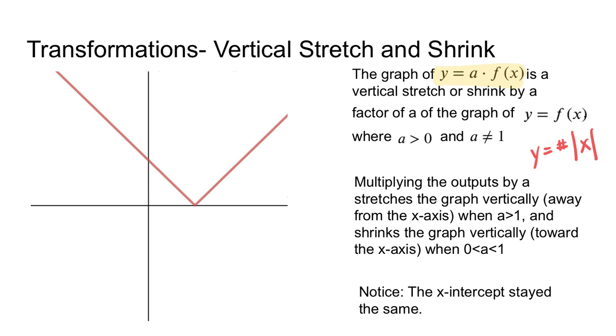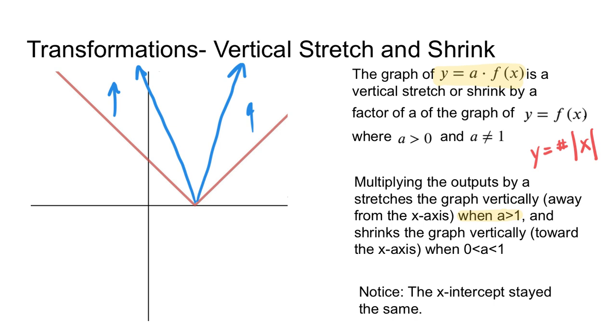But before we do that, it's worth noting that when the value for a is greater than 1, so think about a slope of 2 or 3, think about what that does to a linear equation. For us, it's going to make this V look narrower. It's going to look like a steeper line. We call that a stretch because it's almost like I took the two ends of a rubber band and pulled it up. It's almost like I took my graph, took the two ends and pulled it up. So a value for a greater than 1 makes my graph look much steeper, a closer V like this,